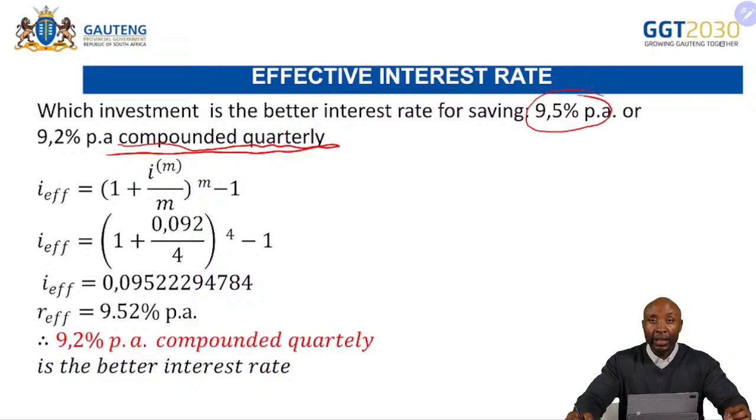Don't just write 9.2%. Don't just write 9.2. If you are punching it on a calculator, it has to be 9.2% over 4 so that you do not lose marks. Otherwise, we lose marks when we substitute wrongly there. Put the exponent, we'll get our effective interest rate as